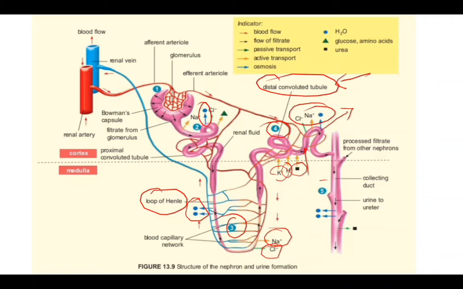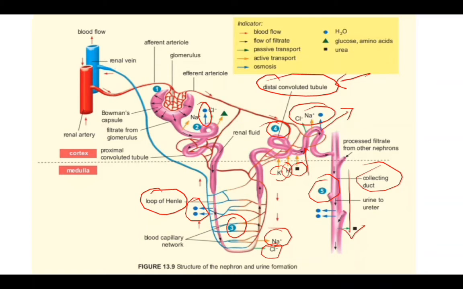And last one, number 5, urine formation. When the renal fluid reaches the collecting duct, only a small amount of salts are left, and most of the water has been absorbed back into the bloodstream. The remaining renal fluid is now called urine. The urine will flow down the collecting duct,